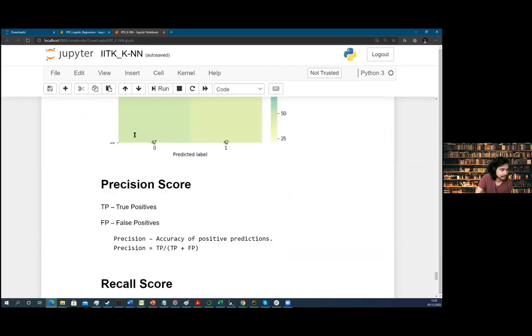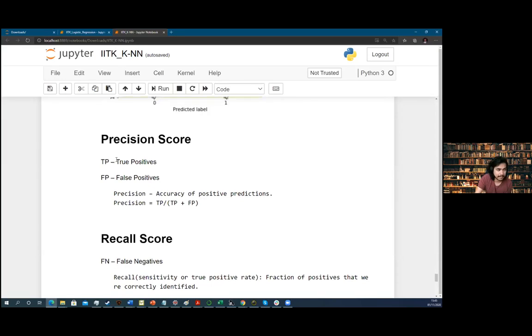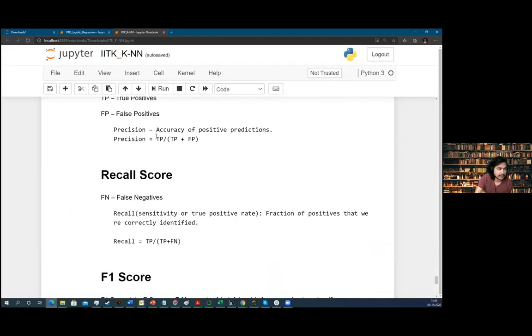Okay. Now precision score, true positive and false positive, the first row. Precision is equal to true positive divided by true positive plus false positive.